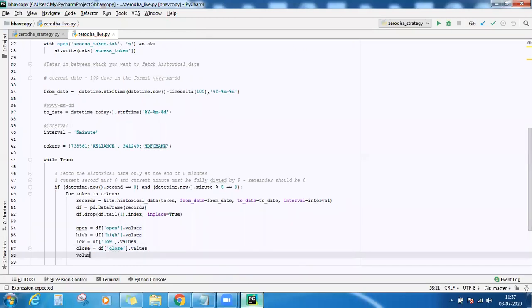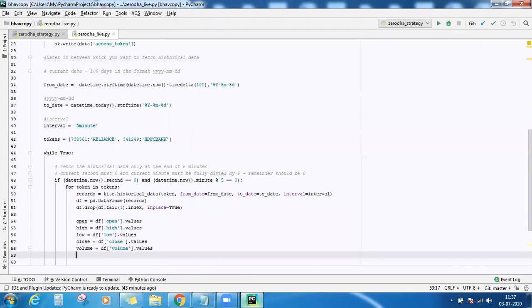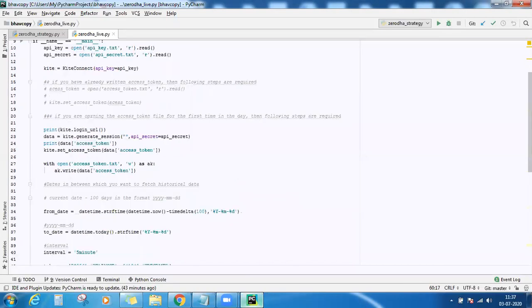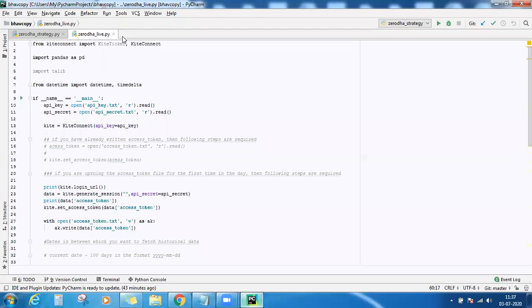If you want volume, if your indicator value is based on volume, then you can extract the volume as well. Then we'll take the help of TA-Lib here. So we have already imported that into our module.